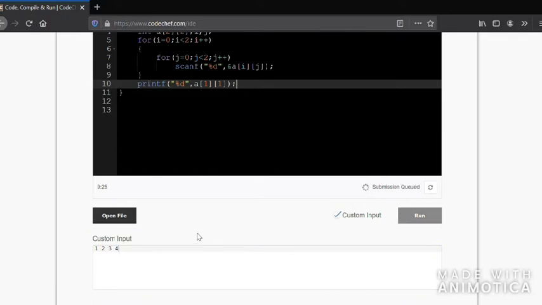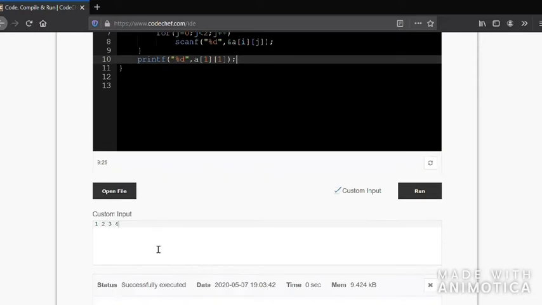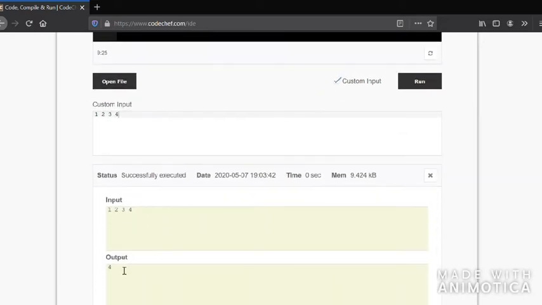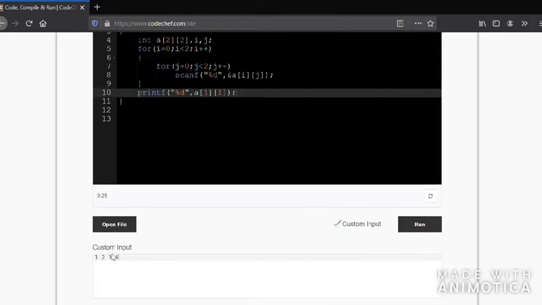Now let us see the output. So here it is 0 0, 0 1, 1 0, 1 1. You will get the output 4 here. That is, the 0th row 0th column value is 1, the 0th row first column value is 2, the first row 0th column value is 3, and the first row first column value is 4. So the output is 4.